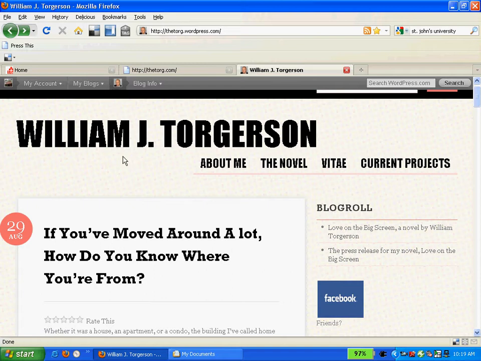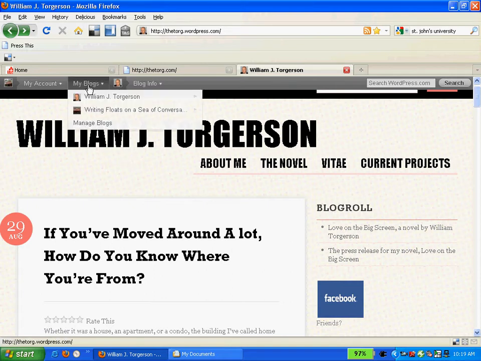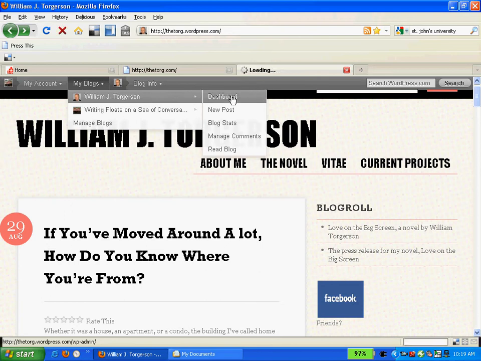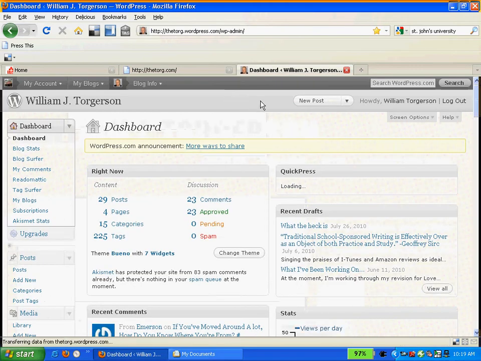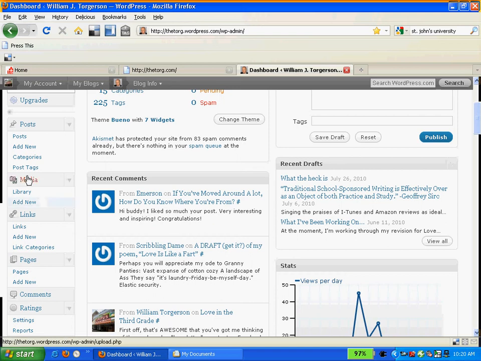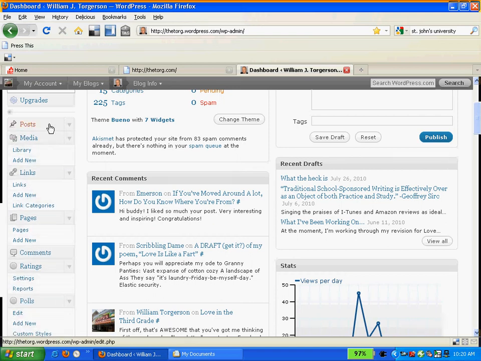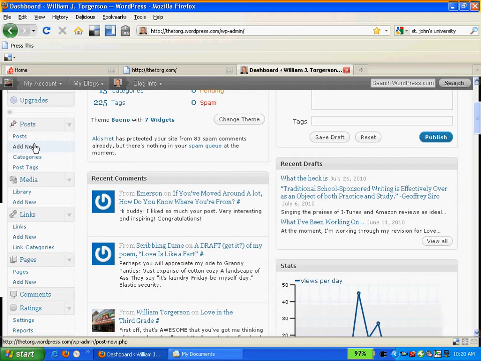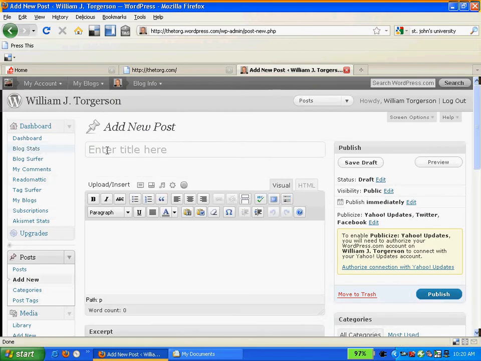And so once you log in to WordPress, I have a My Blogs button because I have two blogs. You'll have a My Blog button there. And so I'll need to go to what's called the dashboard. And so down the left side are many of the options you have when you have a blog. And so I'm going to go, you may see just posts right here. I'm going to click that little down arrow and I can post add new. We'll put the title of the post up here and we can type the